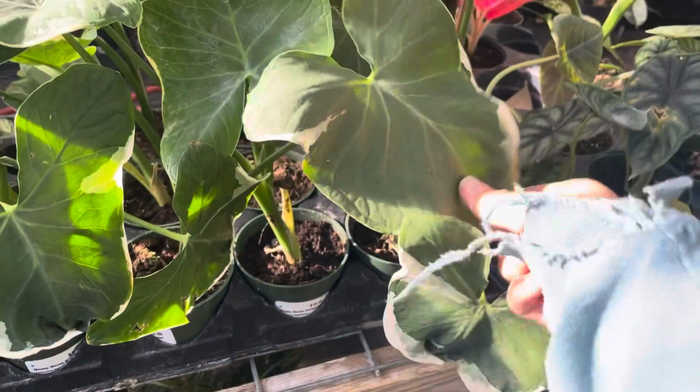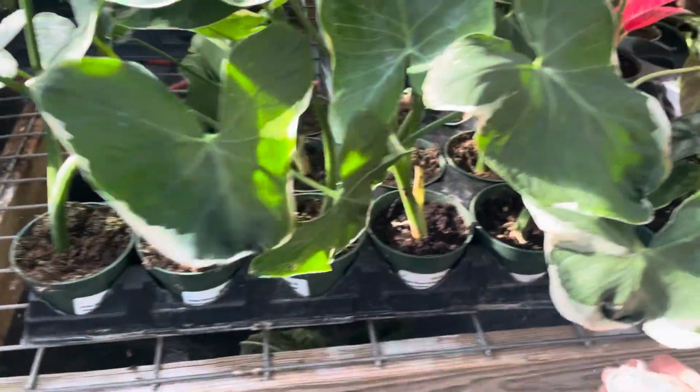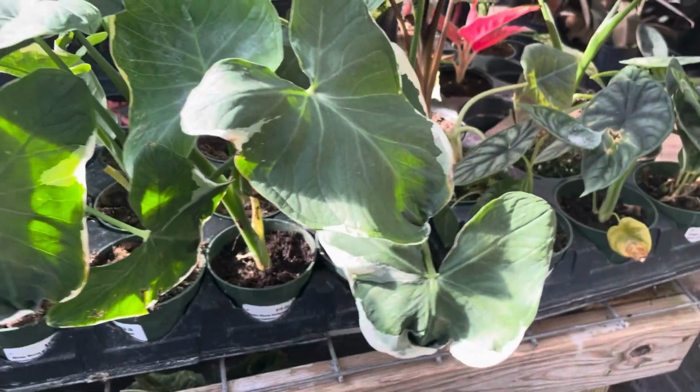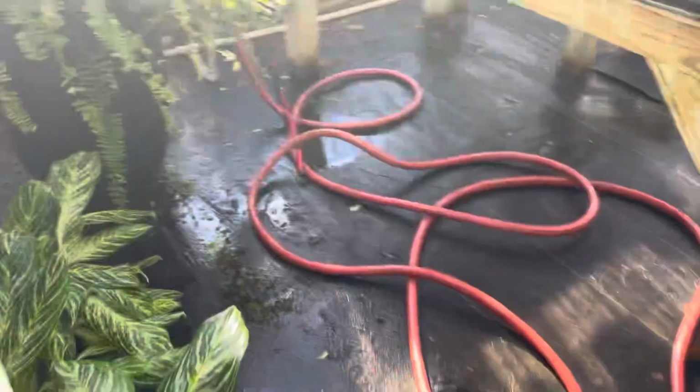And next to it were dragon scale. They just look so cute. I can't explain it. I know some people don't like them, but I genuinely think they're adorable. I do think they look like little Mickey Mouse ears, and I love them. I just love them so much. So moving past the alocasia now,